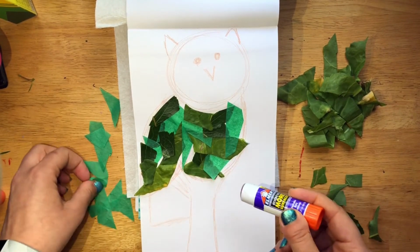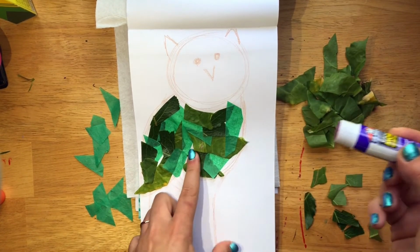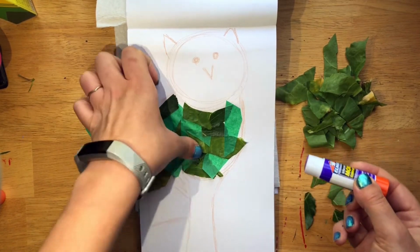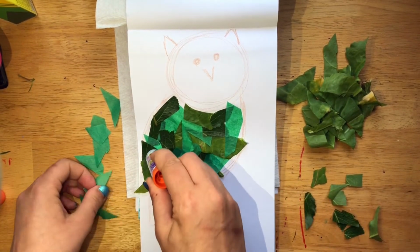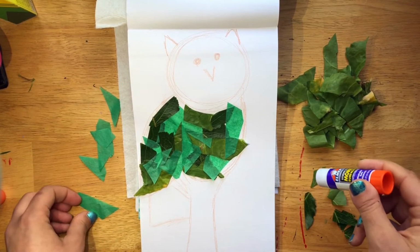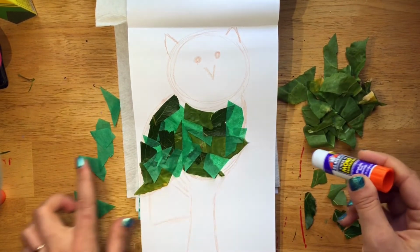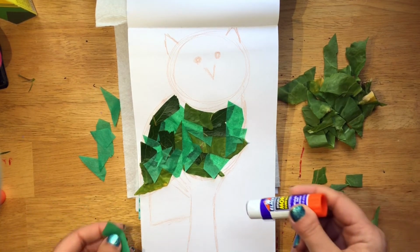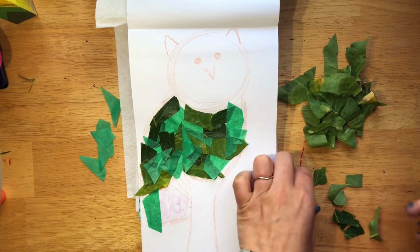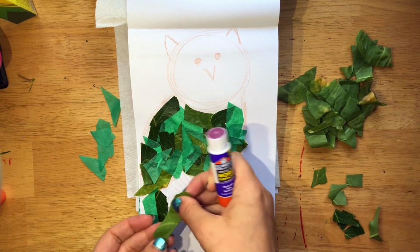And then we can also go back with a black marker and define that body again, because we might tend to lose it. But we're having fun with this project. We're just playing, we're letting ourselves explore. I really like the different colors of green that I'm seeing in this. Now I'm going to go down to this tail, and I'm going to let them be kind of loose. Long and